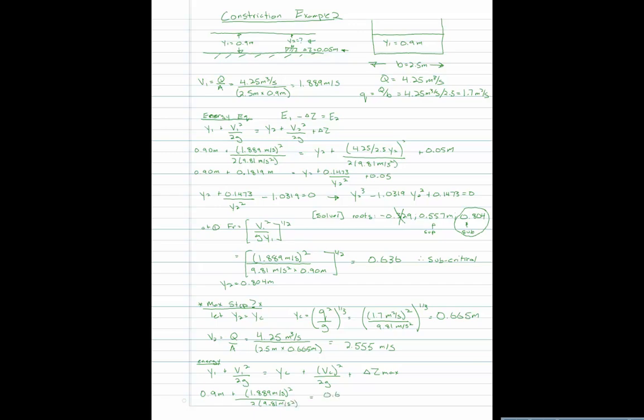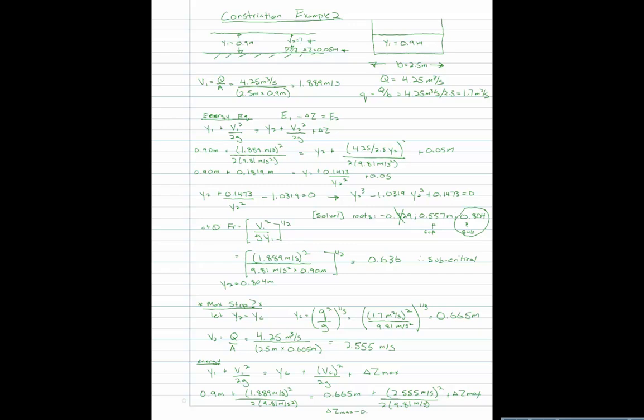And the critical depth and the velocity when flow is going at the critical depth. Plus delta z max. And if we solve all those terms for delta z max